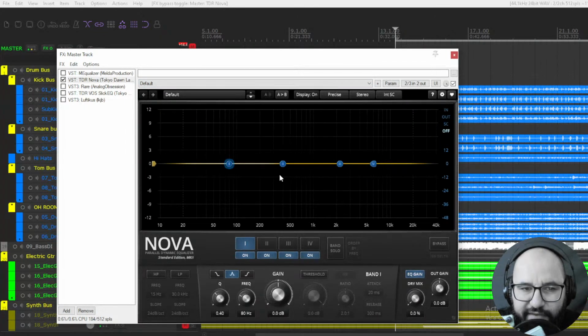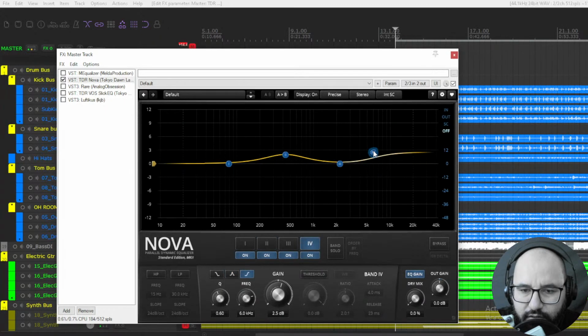So yeah, for instance, you have here the bands, right? Normal bands, 1 to 4, 1 2 3 4. Yeah, you can turn them on, turn them off like that. You have the usual stuff, right? Like this. And you can also set high pass and low pass, right?